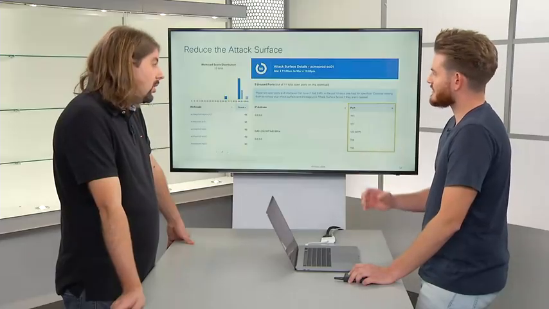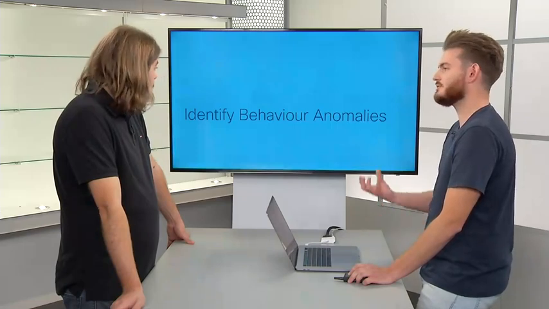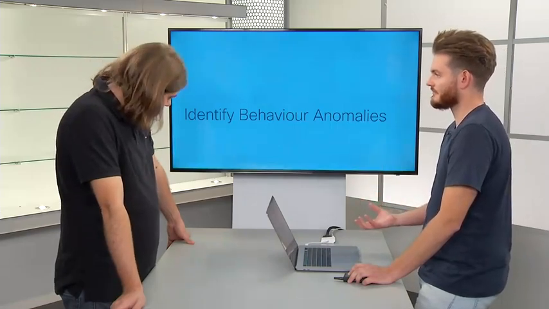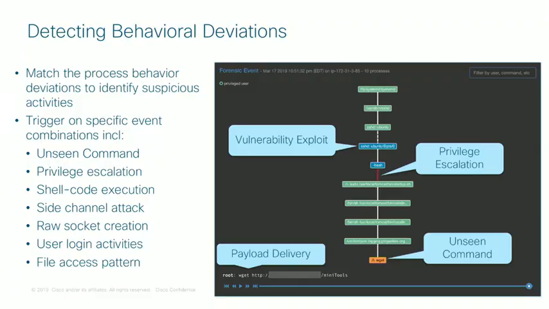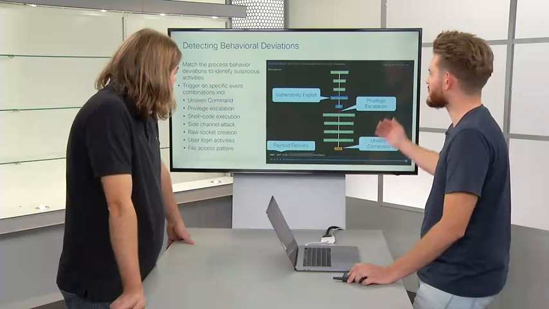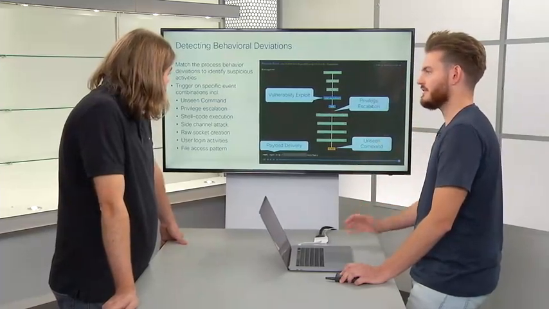So once we've been able to reduce that attack surface, the final piece of the puzzle is being able to identify behavioral anomalies. So it might be that we've reduced the attack surface, we've enabled segmentation, but unfortunately an application vulnerability comes out and someone manages to get access to your workload, to your network. And what you want to be able to do is see exactly what happened in a short period of time and react to that. So via our forensic engine, we're going to be able to see things like a vulnerability being exploited, the attacker getting privilege escalation, delivering that payload and getting a foothold into the network. This is going to show us within 1 minute that someone might be inside our environment.